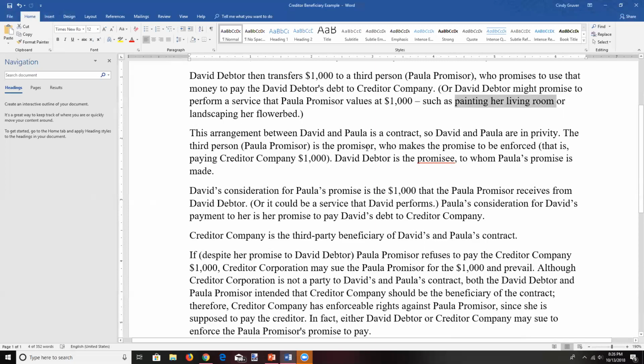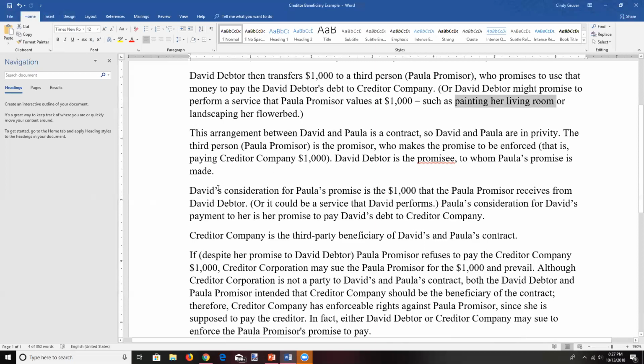Paula Promise is the promisor with respect to the transfer that's going to go to Creditor company, and she makes a promise to be enforced, which is of course paying the Creditor company $1,000. David Debtor is the promisee with respect to that particular promise. Again, David Debtor is making his own promise, so we're not focusing on that one. David's consideration for Paula's promise is the $1,000